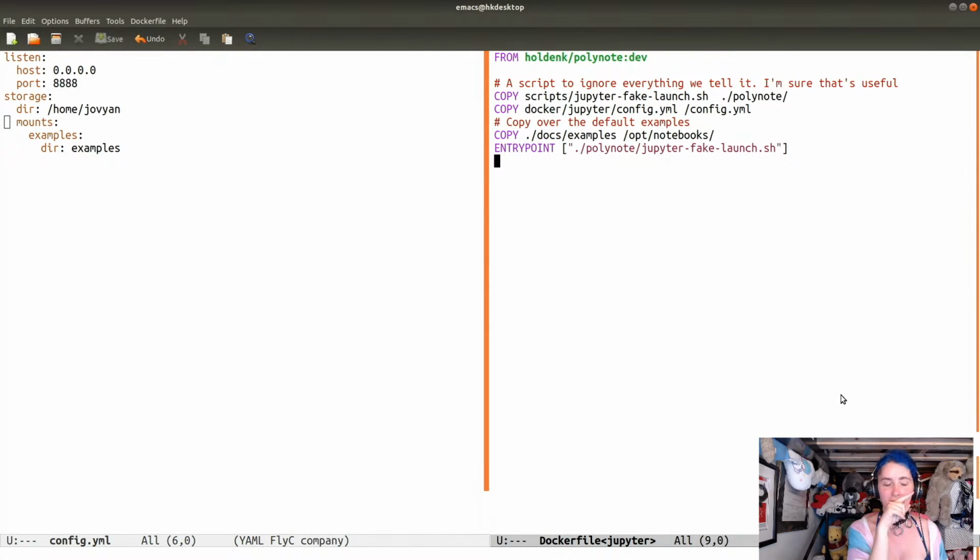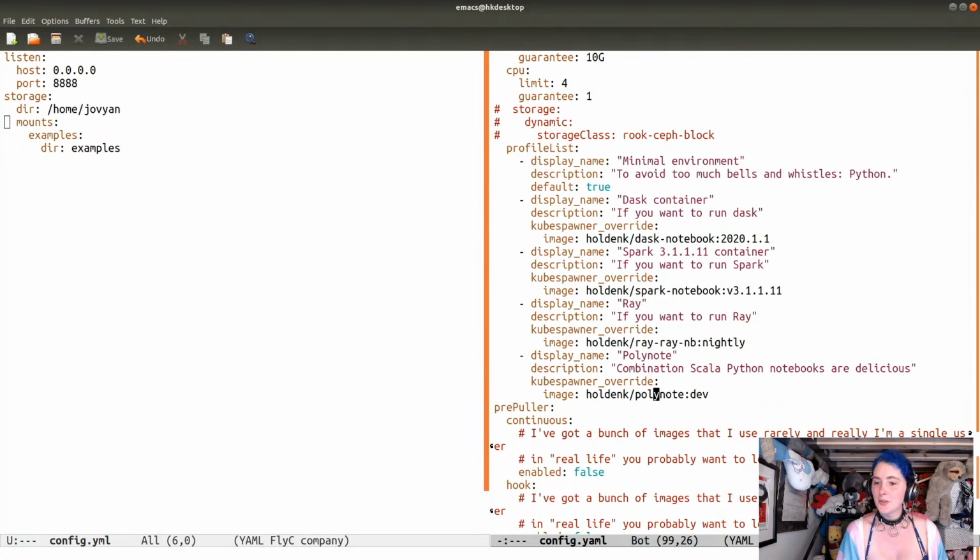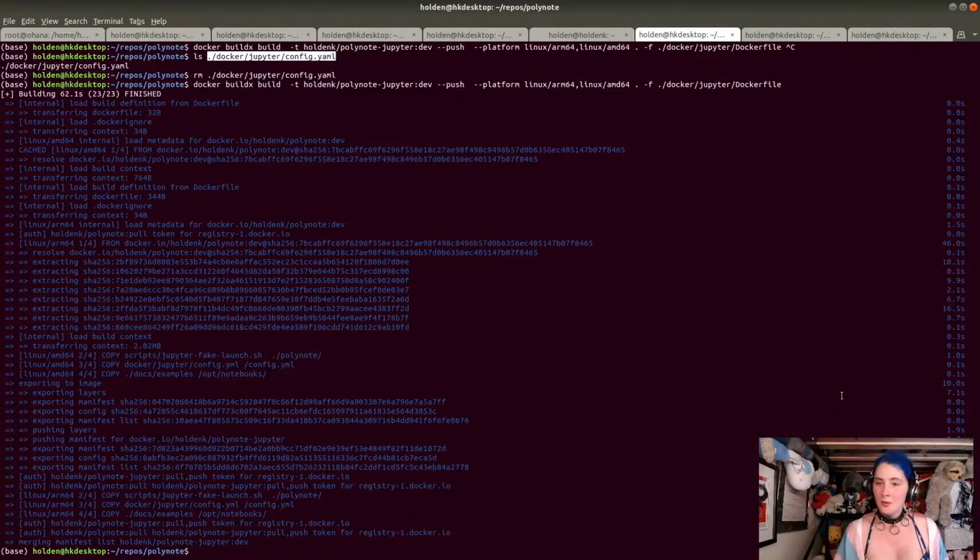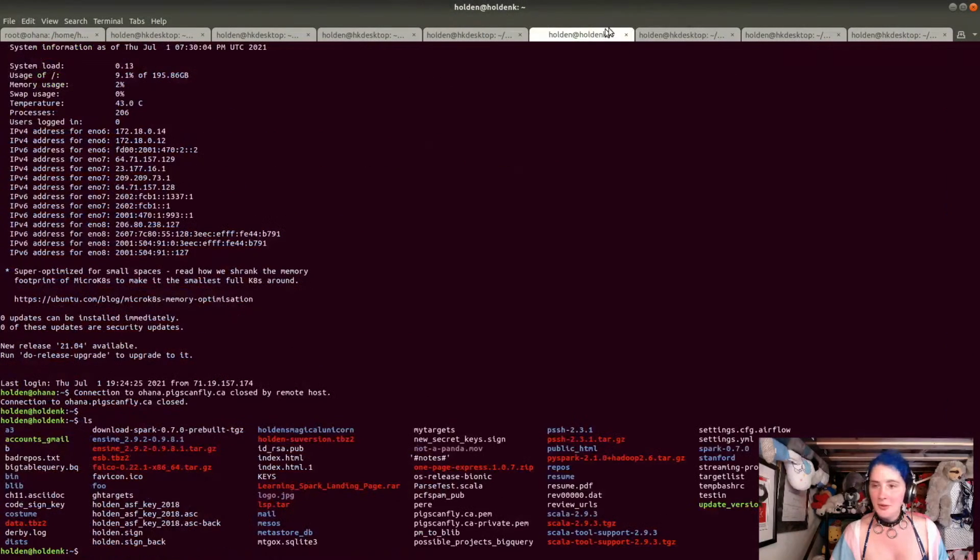Okay. That looks solid. That looks solid. Okay, yeah, that's what I need to do. I need to go and update my config.yaml, the actual full one, and we're going to switch this to Polynote Jupyter. And so then what we'll do, I think it was